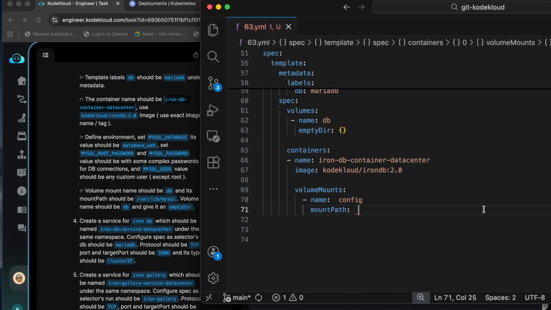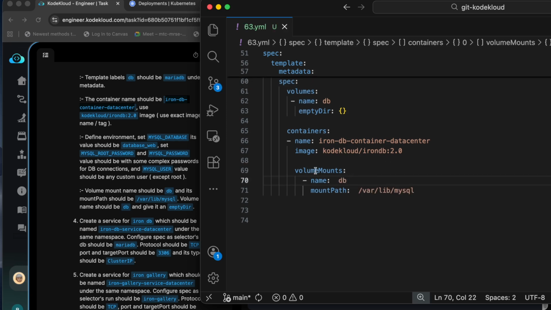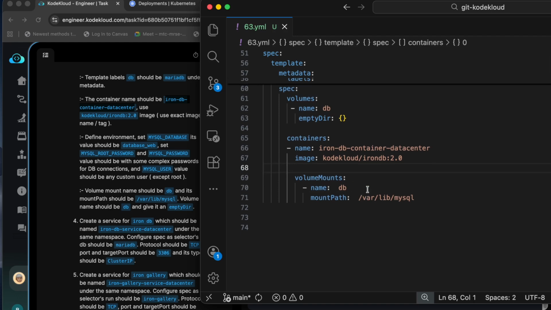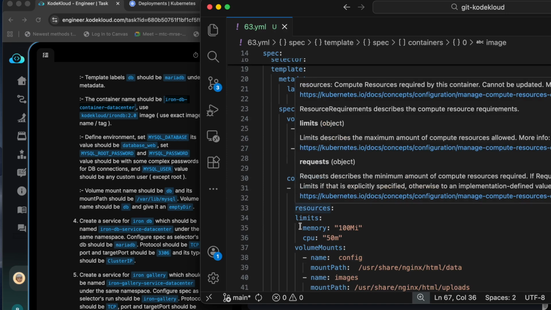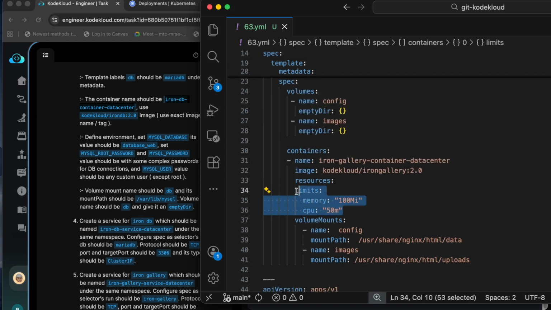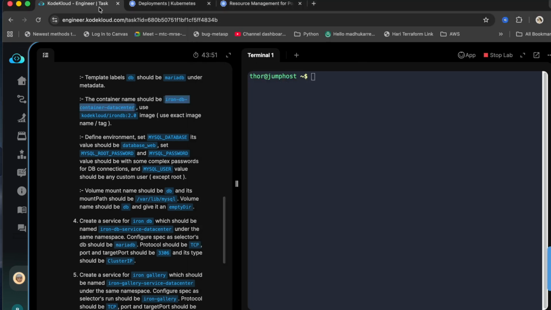Remove this one. It's under var lib mysql, and the volume name is db. That looks fine, but when it comes to this resource, I think these limits should be a bit to the right side because it should be under resources. Let's go back to the docs,